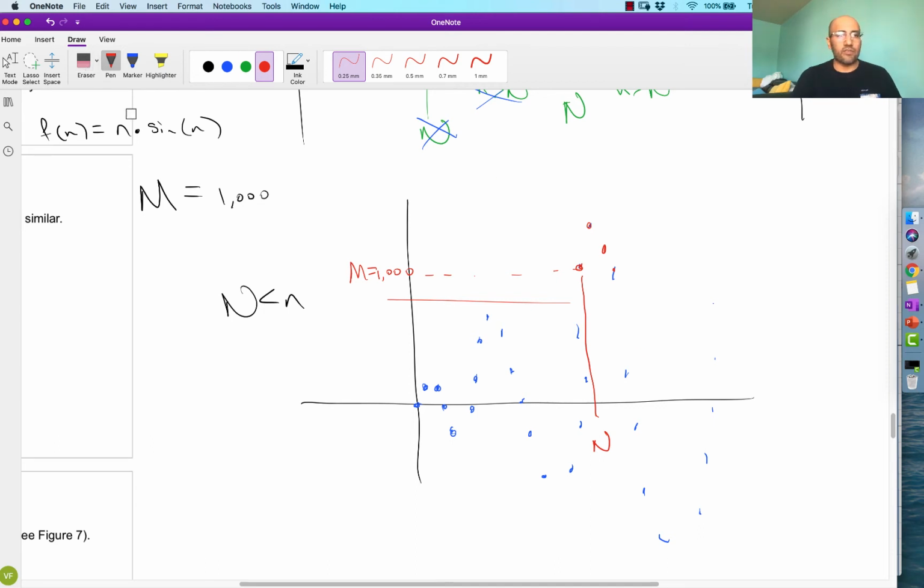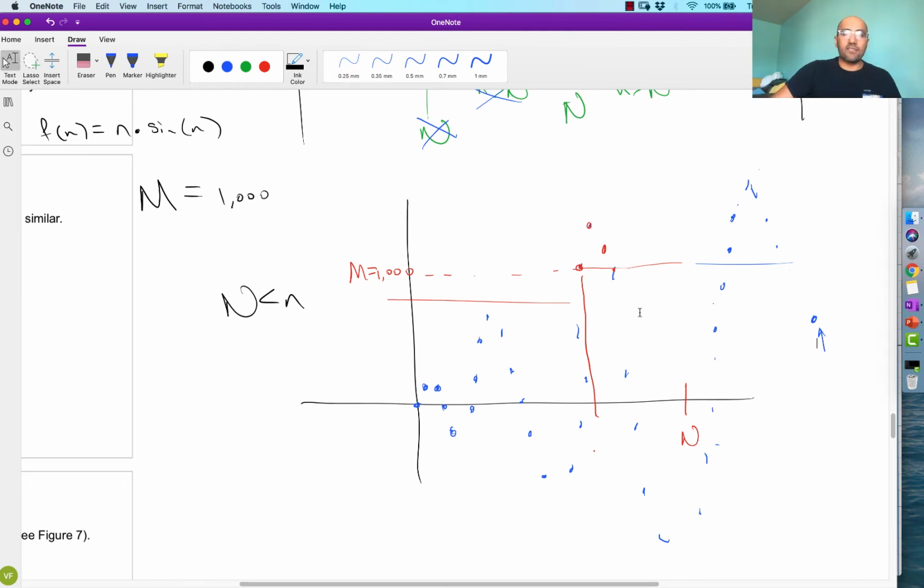And you're like, okay, well, let me choose a different value for capital N. If I choose capital N to be farther out, let's say over here, yeah, okay, maybe that'll be true. Eventually, these little integer values go above that, right? So there will be some places where it's successful, but this thing keeps oscillating. So eventually, there will also be some values of a sub n where a sub n is less than capital M. There will exist some value way over here that is below that line, right?